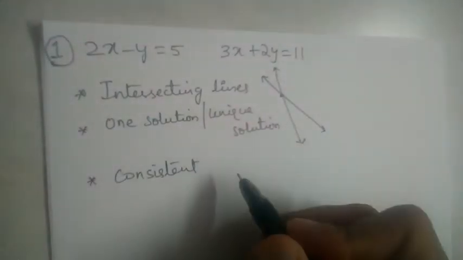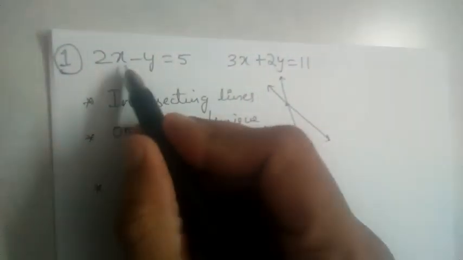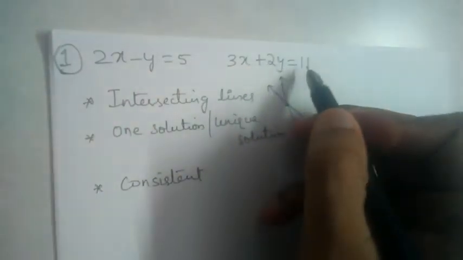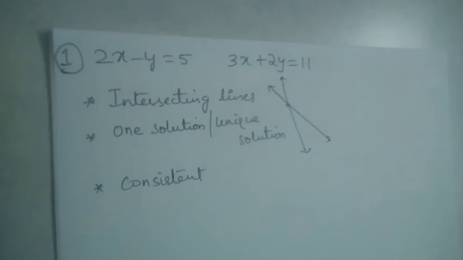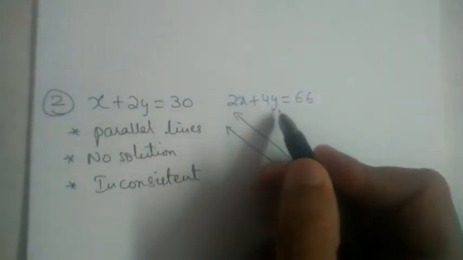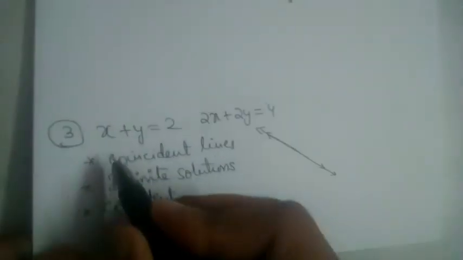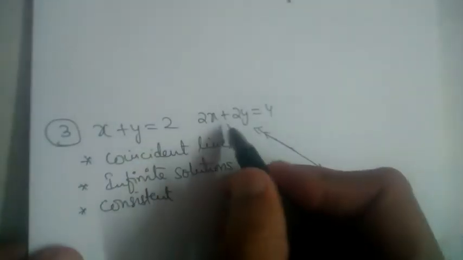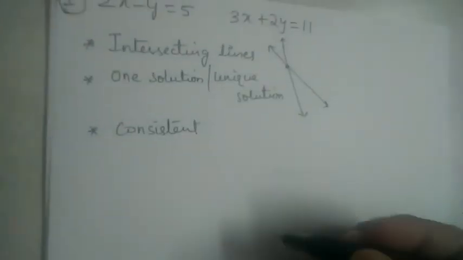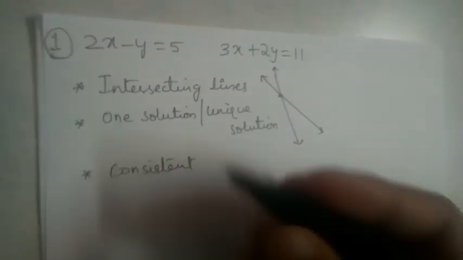So in the previous videos, we have solved 2x minus y is equal to 5, 3x plus 2y is equal to 11. These two equations, and x plus 2y is equal to 30, 2x plus 4y is equal to 66, and x plus y is equal to 2, 2x plus 2y is equal to 4. Okay. So if you did not watch the previous videos, I recommend you go watch those videos first. Okay. Now